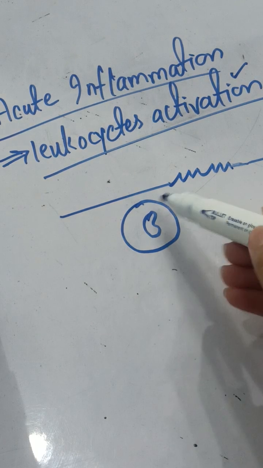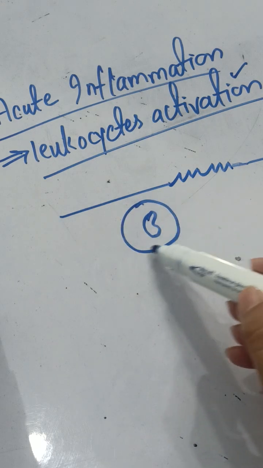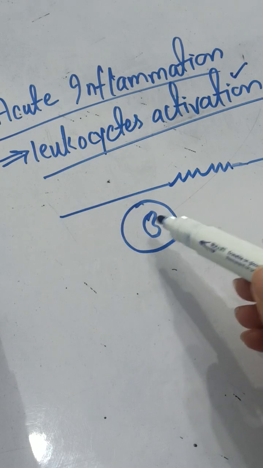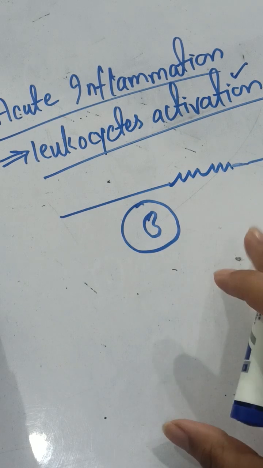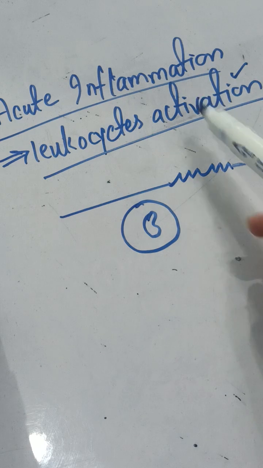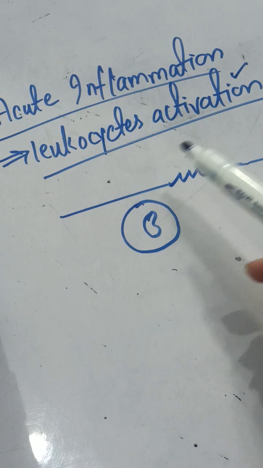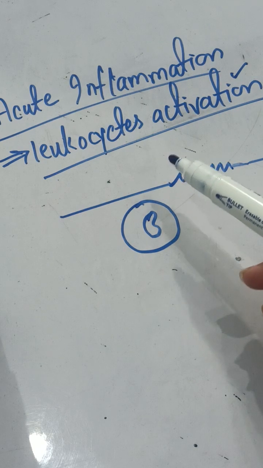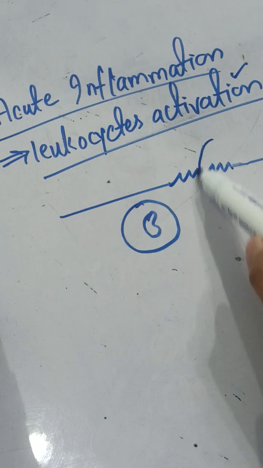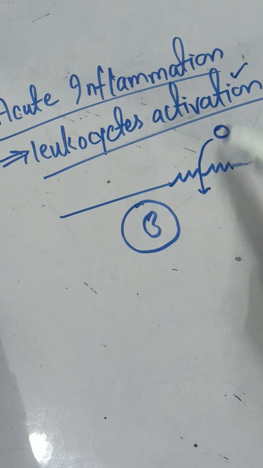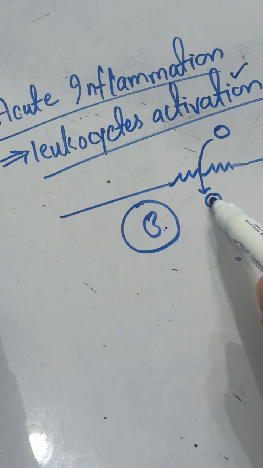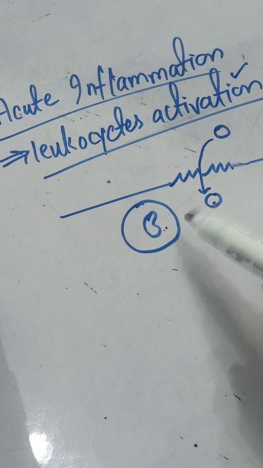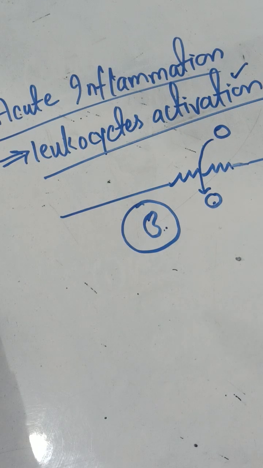So this is your leukocyte. On the surface of your leukocyte, there are many kinds of receptors present. These receptors play an important role in the activation of leukocytes, and whenever your leukocyte activates, it will digest that microbe. Through this injured site, a microbe enters your body. Whenever these leukocytes activate, they will eat this microbe. The major process is the killing of the microbe there. So this leukocyte activates and kills that microbe.